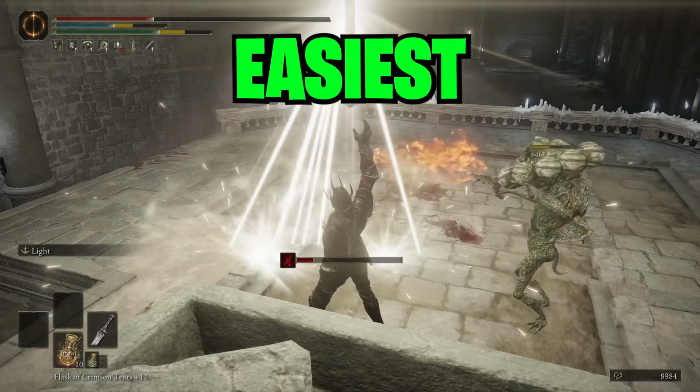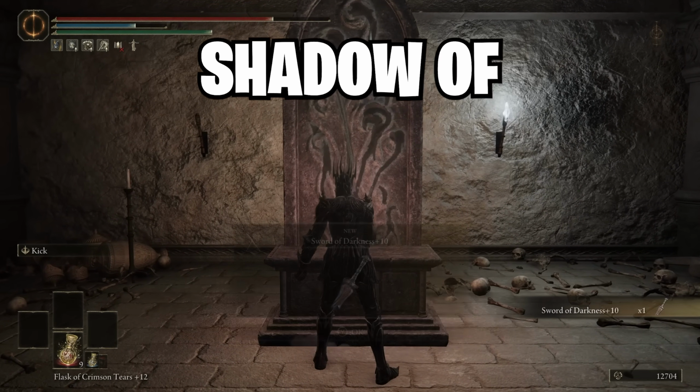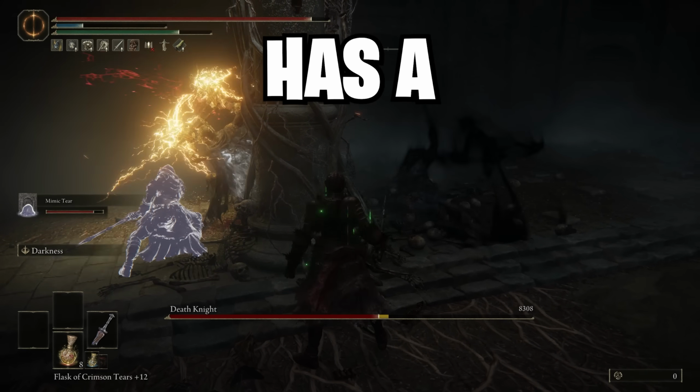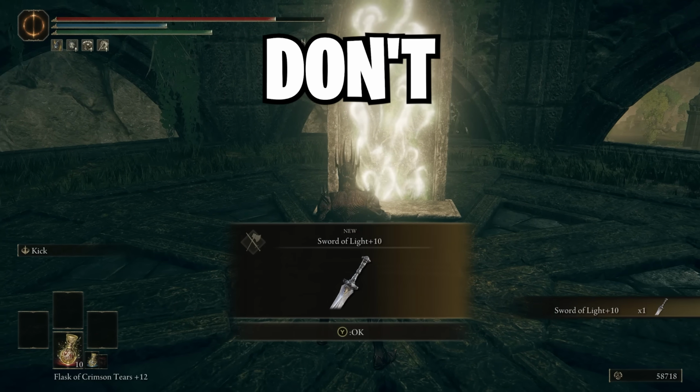This is the easiest method to get the Sword of Light and Sword of Darkness in Shadow of the Erdtree. Each of them has a unique set of effects which are really cool, so you definitely don't want to miss